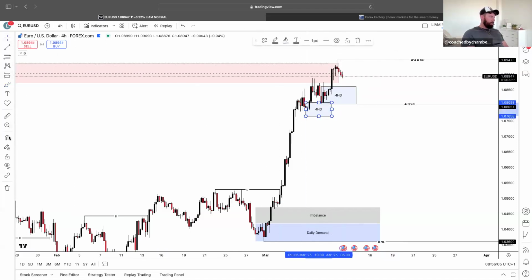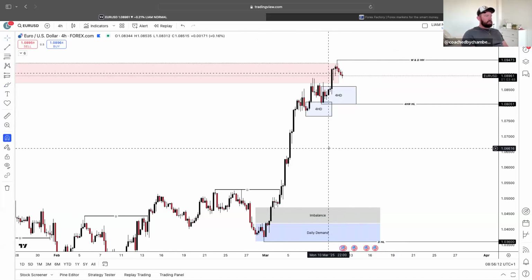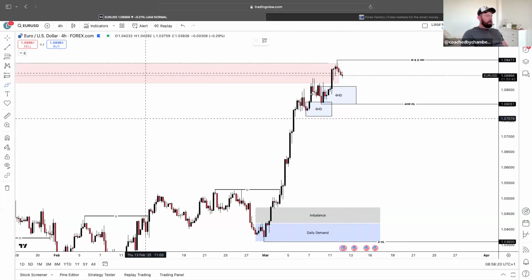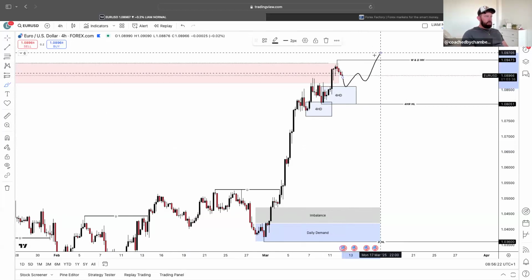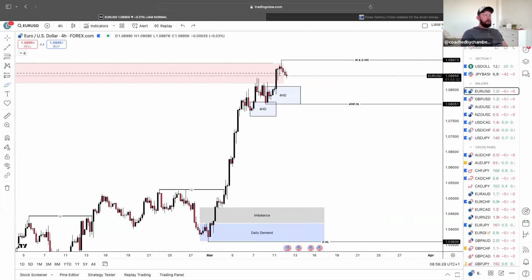If you guys had the demand area from the actual last candle, you would be able to notice that that's where we did react from. So again, pretty clear. Yes, these are valid demands. That's a valid structure. But I just think, for me personally, I will not be looking to buy right now on here, because we do have CPI today. So that is just my opinion on that.